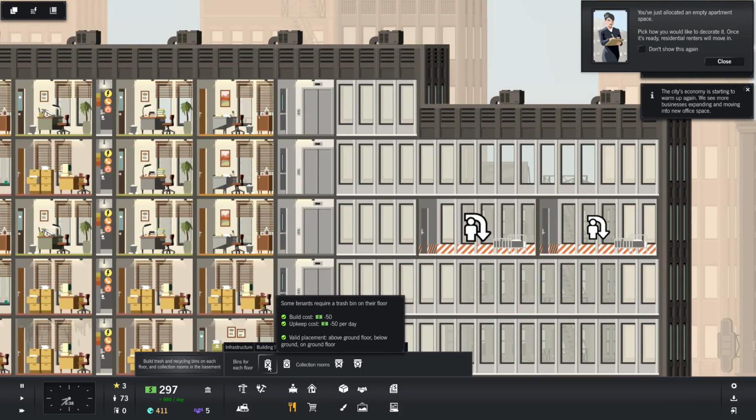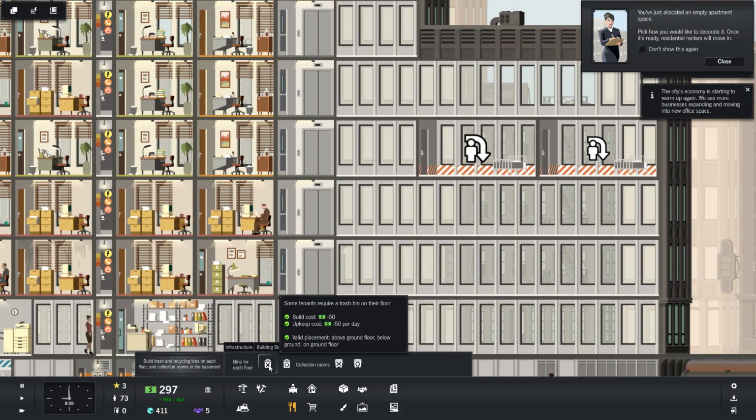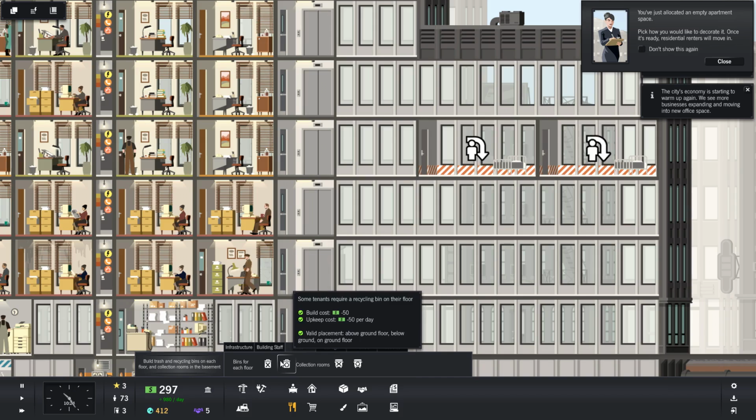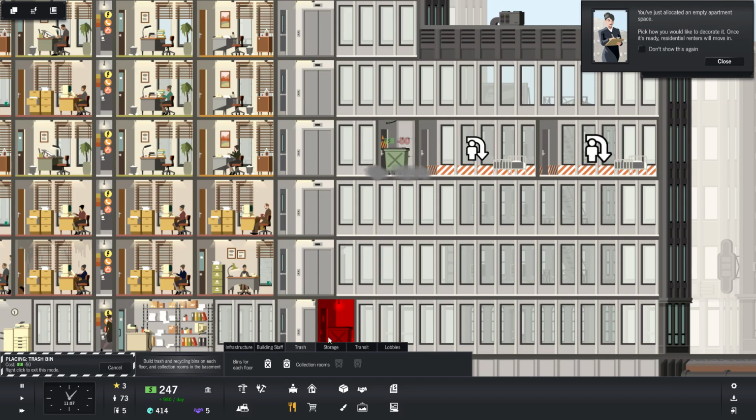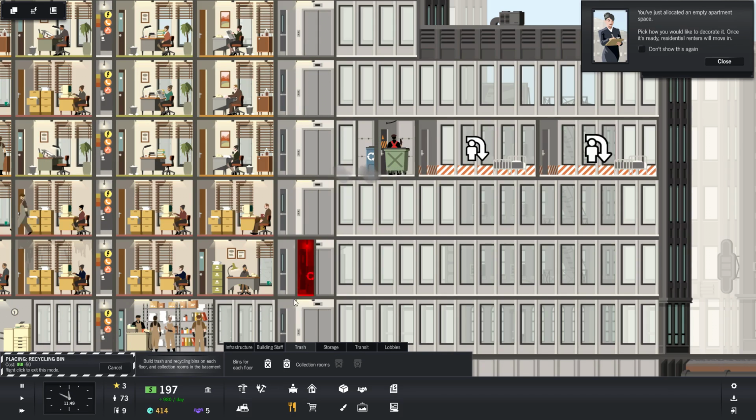So if we jump in here to trash, then every single floor which has either studios, apartments, or some kind of living complex needs some form of trash and recycling facilities, I believe. So if we put in a bin for each floor, which we'll do there, that costs $50. Then we need to do a recycling room on each floor, which costs $50. Then I'm also going to have a...